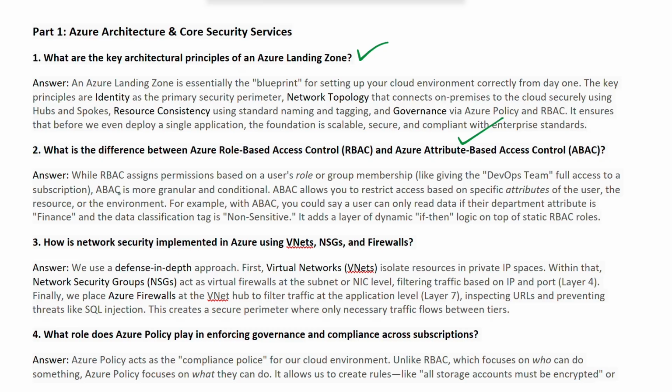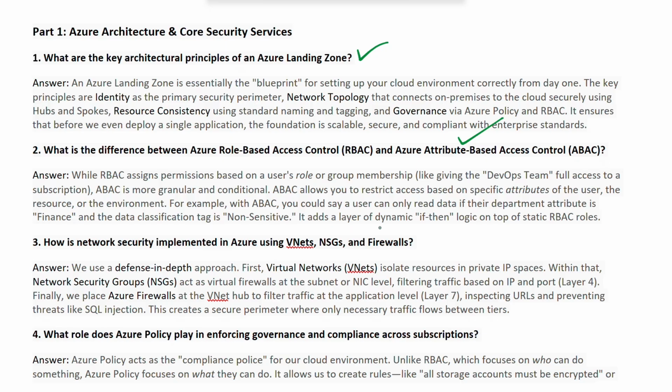it provides more granular and conditional controls. ABAC allows you to restrict access based upon specific attributes of the user, the resource, or the environment. For example, with ABAC you could say the user can only read the data if their department attribute is finance and the data classification tag is non-sensitive.